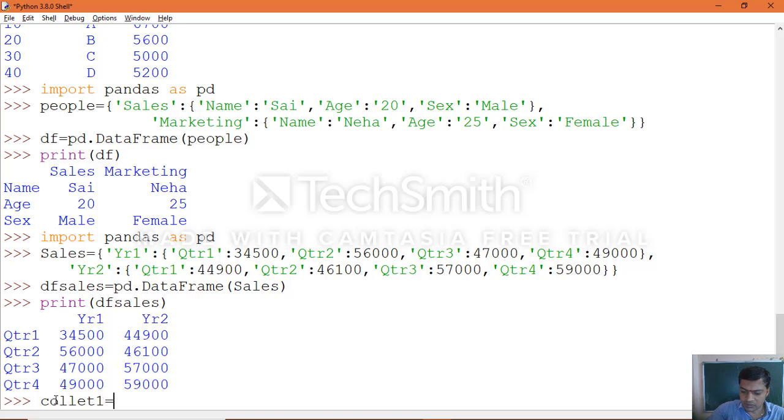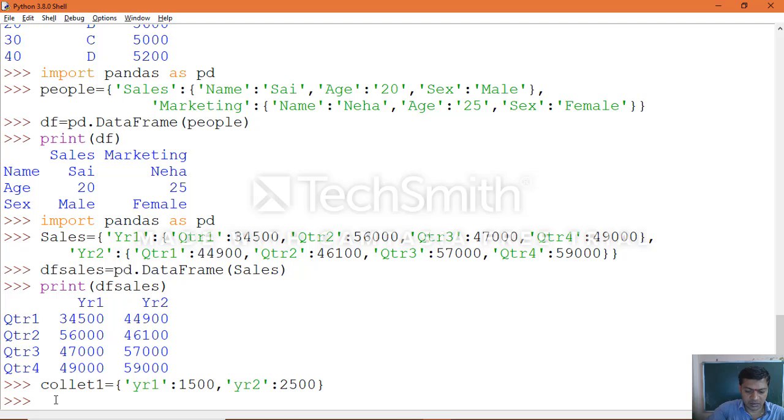Collect1 equals a dictionary: year1 colon the values, you can say 1500, comma, year2, 2500.